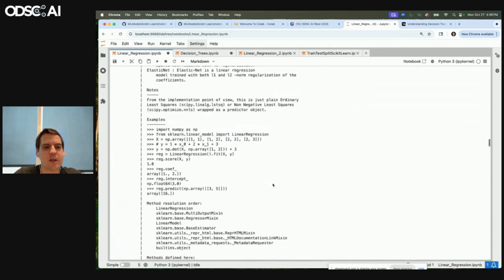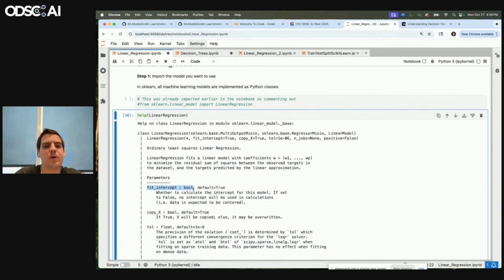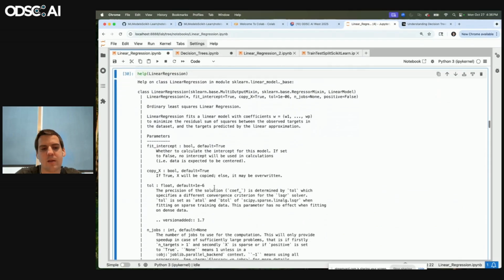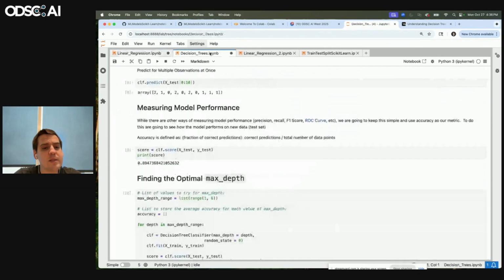For linear regression here, one thing you might have noticed is there are default values for these hyperparameters. By default, your value is set to true. For decision trees,